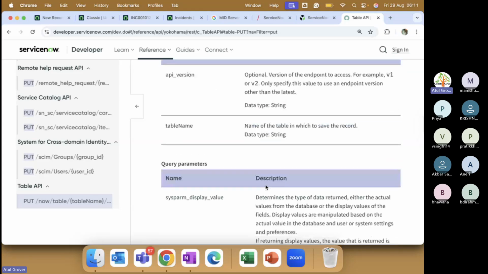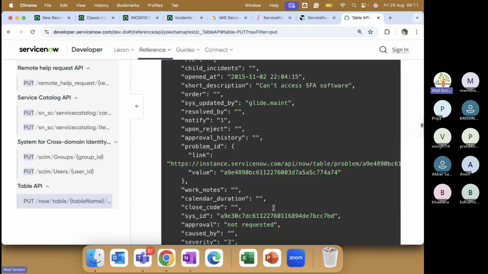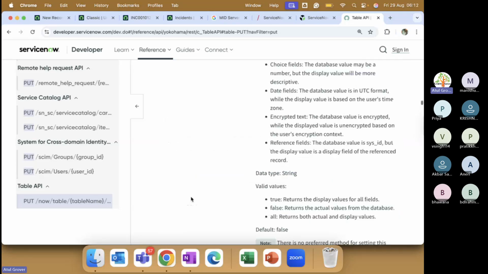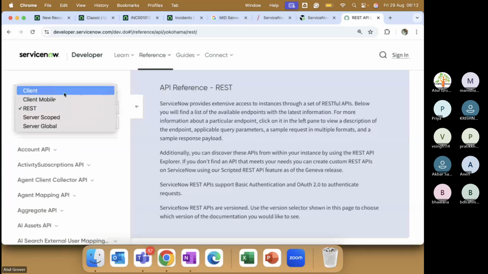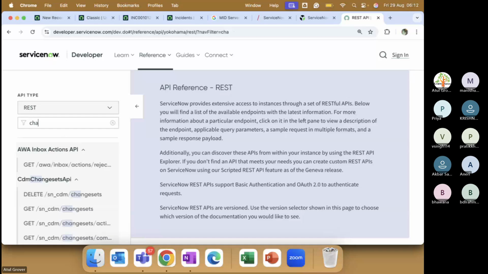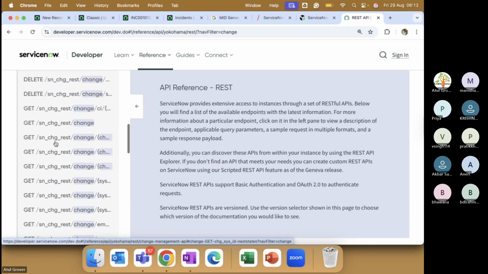सो इफ यू रीड दिस, this is one of the best site I can say if you want to be read about the APIs। मैंने कहीं तो देखा था कि कहाँ पे APIs हैं सारे ये। get method, put method, go in the references, API, REST API। हम मिली REST यूज करते हैं तो REST will work for us। ये तो कुछ स्टैंडर्ड सर्विस उन्होंने दिए हमें। चेंज सेट API, CDM और CSDM का पार्ट है। देखो चेंज मैनेजमेंट की APIs आ गई। I want to create an API for the post method।